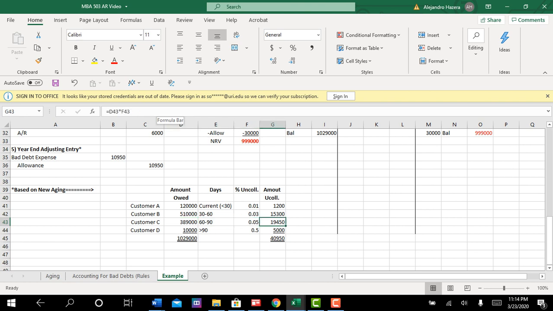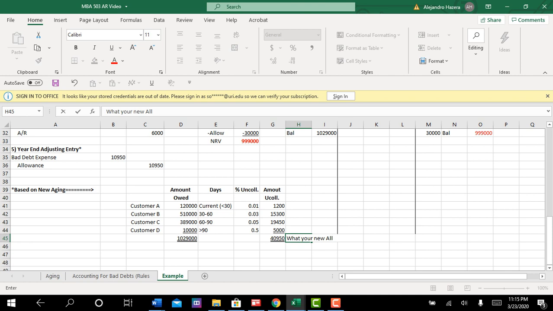Take that times the percentage, and you get $19,450 right there. Okay, and then customer D, I've just left alone. So given that the percentages stay the same, but that we sold more to customers A and B and wrote off some accounts for customer C, this new aging is telling us, this tells us what your new